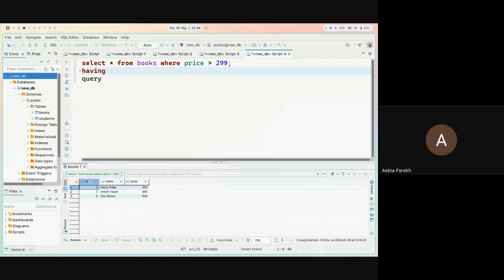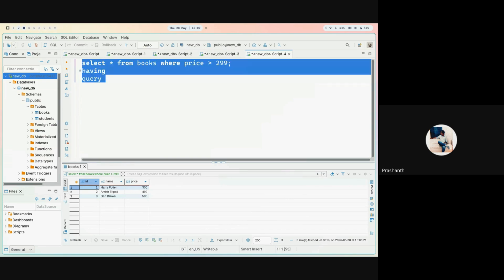In the future course, I'll teach you different clauses and in which scenario you can use them, and then I can give you a small exercise where you can work on it by yourself so that you actually understand those topics. And I can help you set up all these database connections on your PC as well so that you can experiment in your free time if you have any doubt.